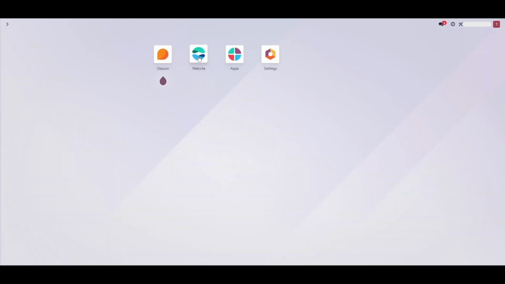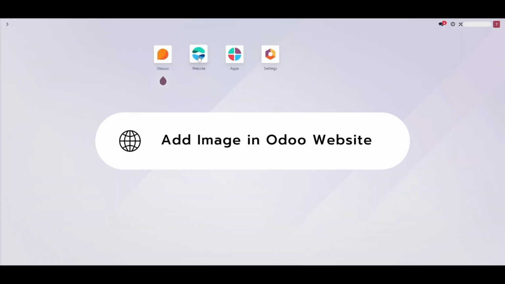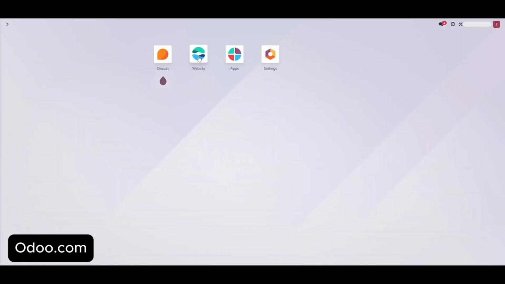Hey guys, today I'm going to show you how to add an image to your Odoo website. Let's get started. First, go to odoo.com, log in to your account, and this action will lead you to your dashboard